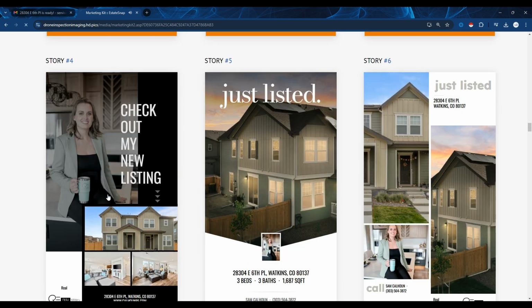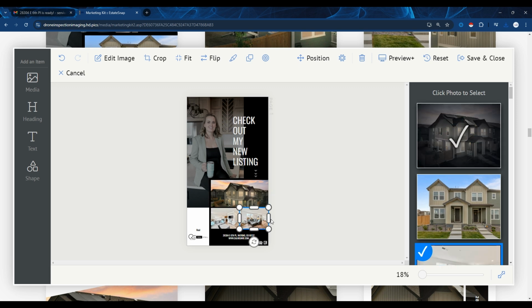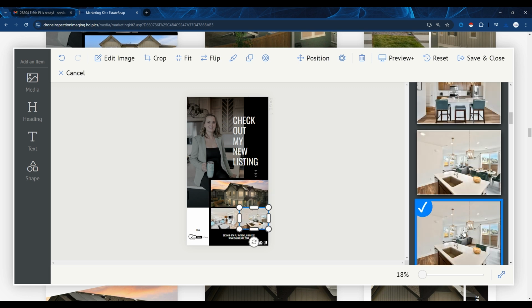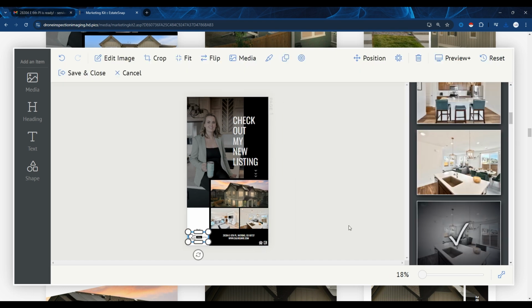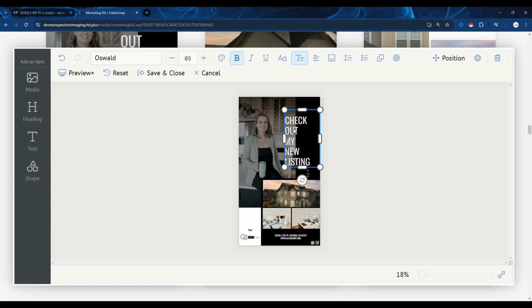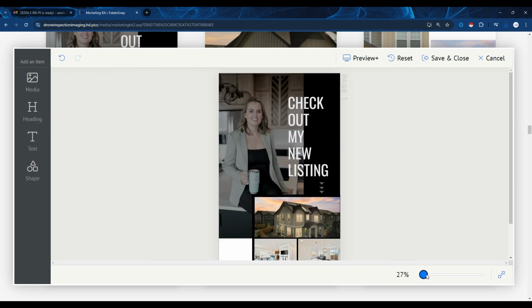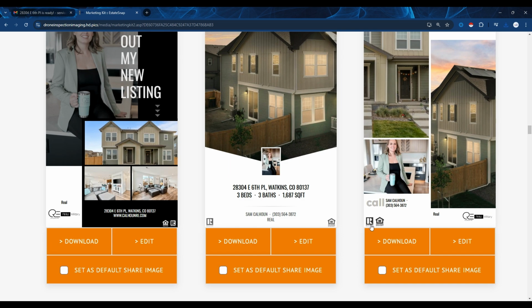And again, each one of these you can edit, so that you can edit the images, you can edit everything about it, the logo, the text. You can move things around, make them larger. And really, you have all this control over what you can do with your media kit. Okay, so it's kind of like having a mini Canva, right? It won't do all the stuff that Canva will do, but it's really fast and